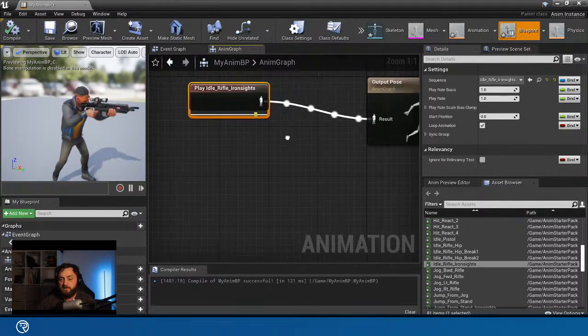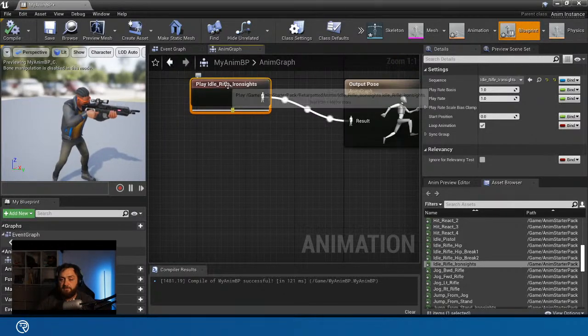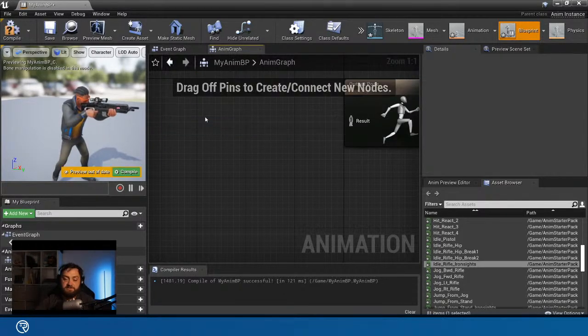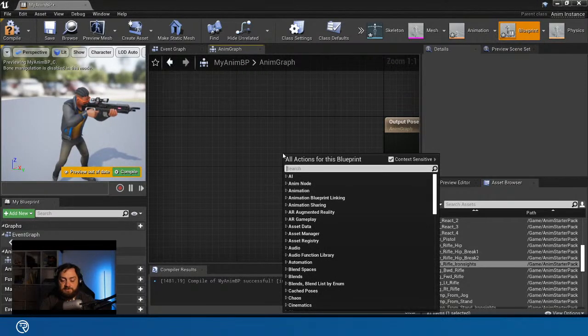Okay, so we got the idle iron sights going into here. We're now going to make a different setup here. We're going to make a state machine. And a state machine is a way to control what animation should be playing at what point based on conditions. What's really good about a state machine is that you can lock off some paths to some animations based on some conditions. So we can make a new state machine by going